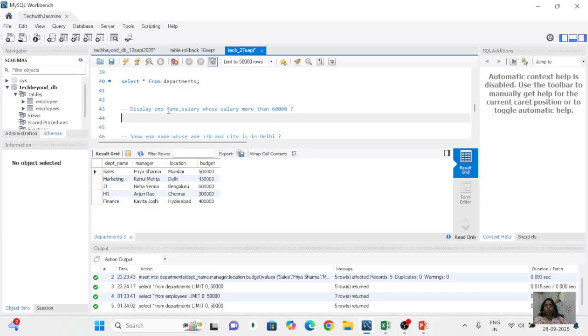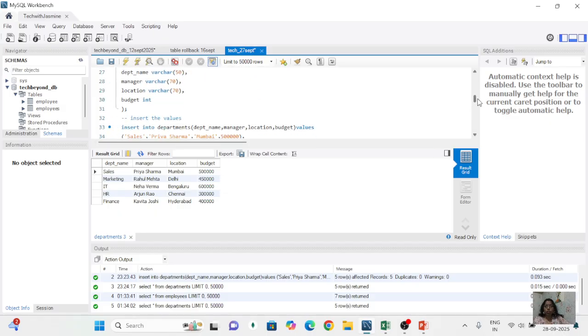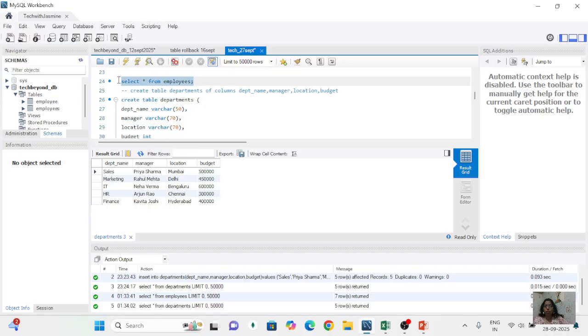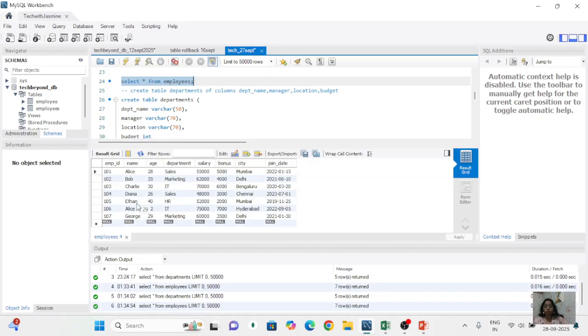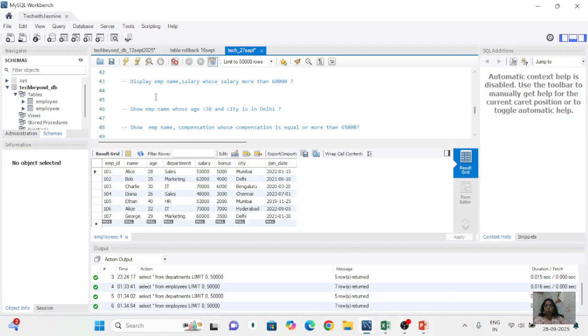Employee name. It is better if I show you the employee table, because it is the only table we will talk about. Display employee name, so how will our query be? Select employee name, which is the name column, comma, salary, which is also the salary column. So let it be as it is. Salary, where